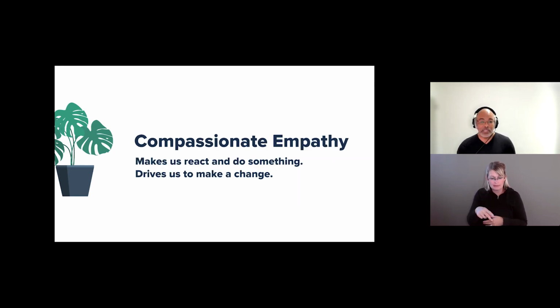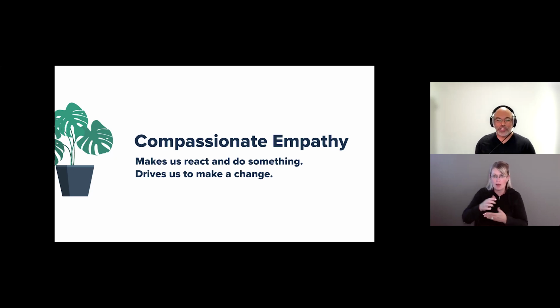And then there's compassion and empathy. After you have experienced it, after you have felt the friction and understand where those friction points are, now you want to do something about it. Now you want to make sure that you are building in those stop gaps to remove the friction. You want to smooth that out so that your users can go from point A to point B without having any problems.